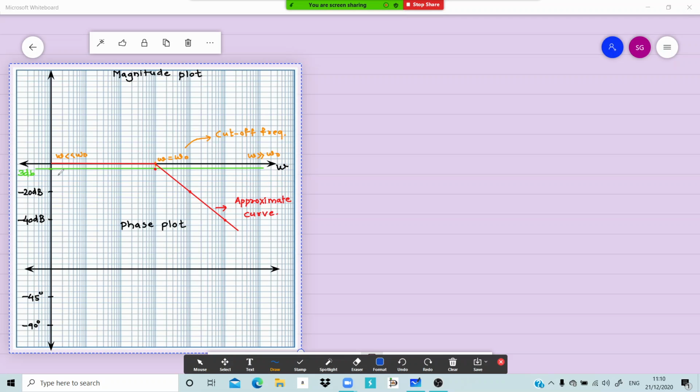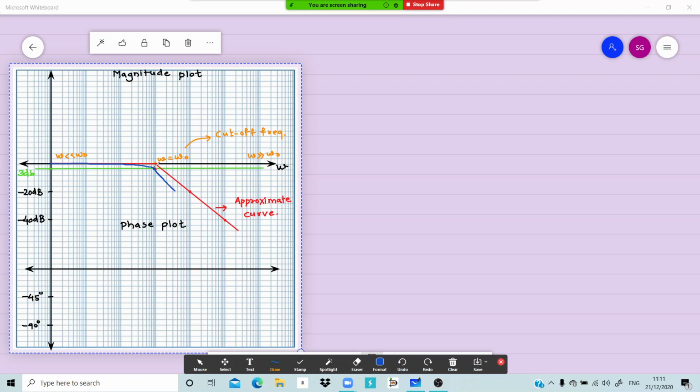So I'll try to draw. Now I don't know how accurately I'll be able to draw it over here. With blue I am drawing the actual curve. So this is 0, it will start increasing. It will start increasing till this point, correct? And then I'll draw reverse thing. Yeah, this is better. Okay, so passing through 3 dB at omega equal to omega naught, and then along the 0,